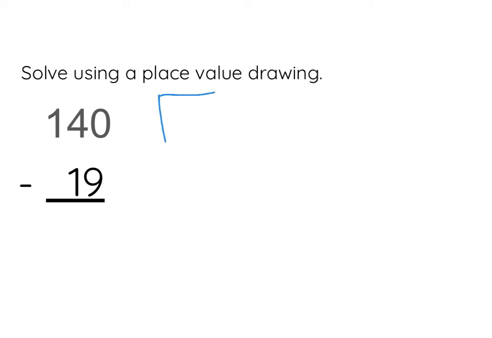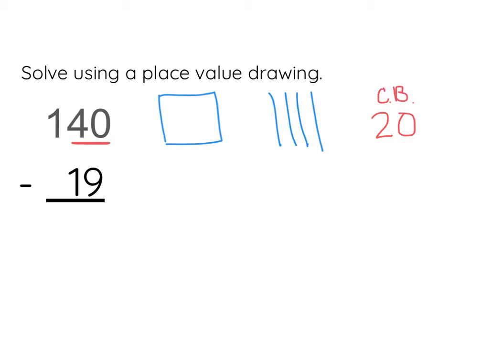All right, we have a 100, 10, 20, 30, 40. I need to subtract 19. Again, it's smaller than that. So 19's next 10, or the close benchmark, is 20. Sometimes I just label it as a CB for close benchmark. So that's what I'm going to subtract. I'll subtract a 10, 20. Now, how much extra did I subtract? Well, 19's partner to 20 is a 1. So I'll put the 1 back, and my answer is